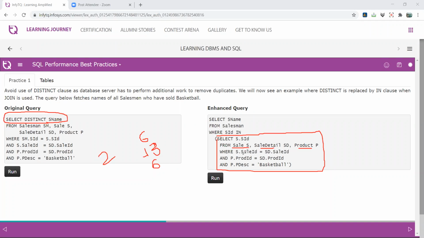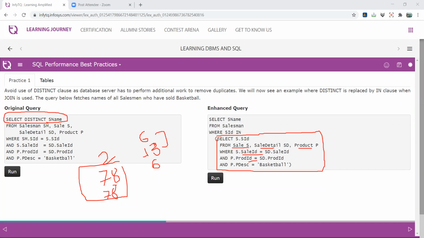First, sales and sales detail, 13 into 6, so 78 comparisons. Next is sales detail and product, on product ID, so 78 comparisons again. So compared to the previous one this is a little bit less, but the next part.